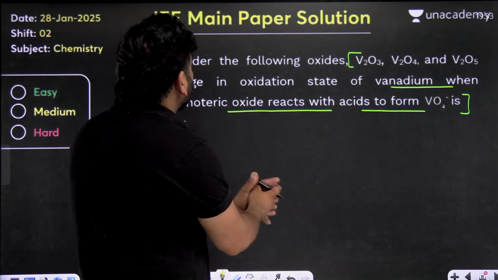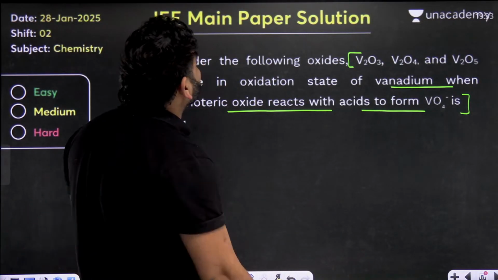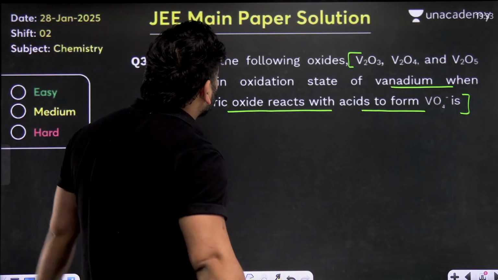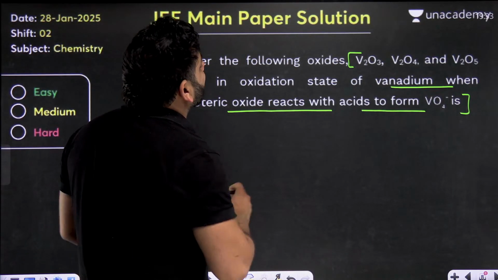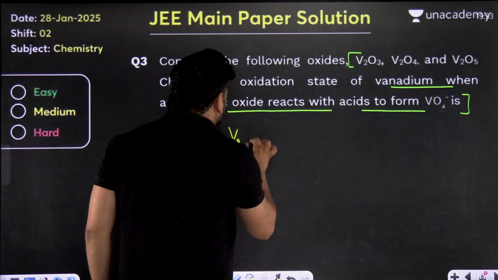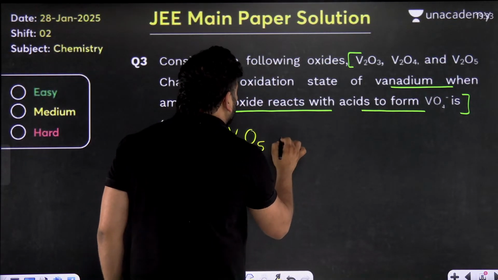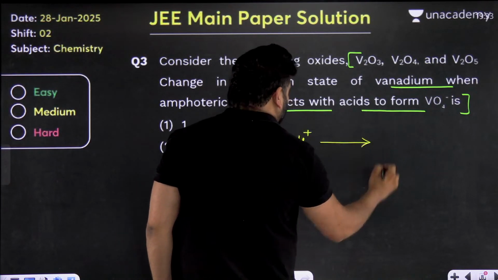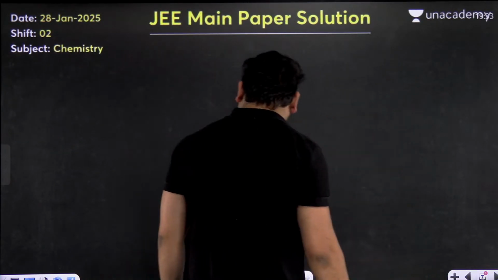So consider the following reaction. Out of these three, what is the change in oxidation state of vanadium when an amphoteric oxide reacts with the acid to form VO4 minus? So which is the amphoteric oxide we are talking about right now? This is V2O5, vanadium pentoxide, and in the presence of acidic medium, it gets converted to the salts of